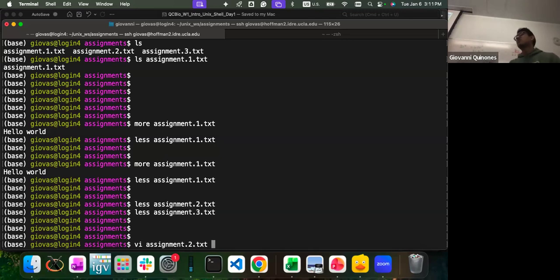Now, this is the part where it gets a little tricky, because once you use Vim, Vim has its own language to do things. So before we jump into that, what we're doing right now with less, more, cd, make clear, and all of that, those are bash command lines. That's a language that is used in the Unix system called bash. Now, when we use Vim, Vim has its own operators.